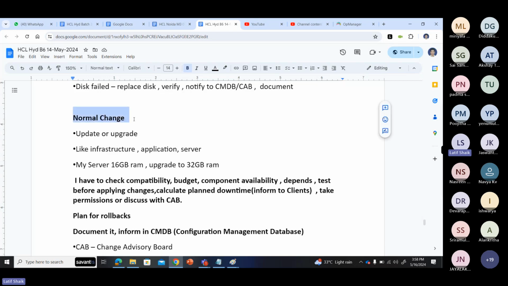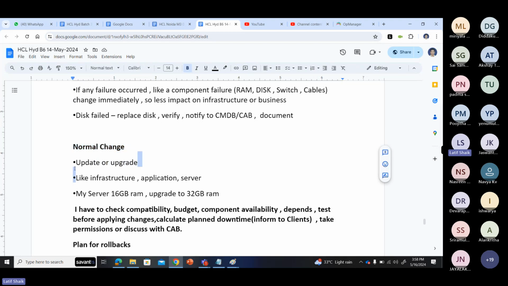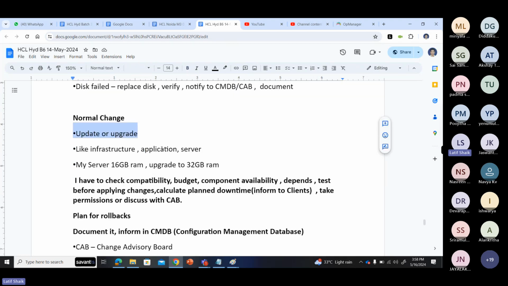What is a normal change? As we discussed, the same thing is a normal change. You want to update, upgrade, or replace an infrastructure, an application, or a server. You have to check compatibilities, budgets, component availabilities, dependencies, test before applying changes, calculate planned downtime, and inform your clients.